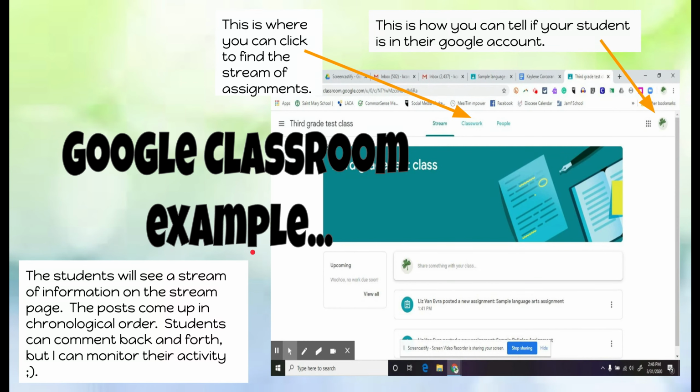You will also maybe notice that they can make comments back and forth. They can only do comments in the home page. That's the only page I made available for that, and normally I wouldn't allow that. I want them working when they're in Google Classroom. They don't need to mess around and play. But in these circumstances, they really appreciate just being able to say hi and someone says hi back. It gives them a little way of communicating with each other where I can monitor it. If there's anything inappropriate, I can handle it right away. We haven't had that come up at all, but it is an area that I can monitor very easily.